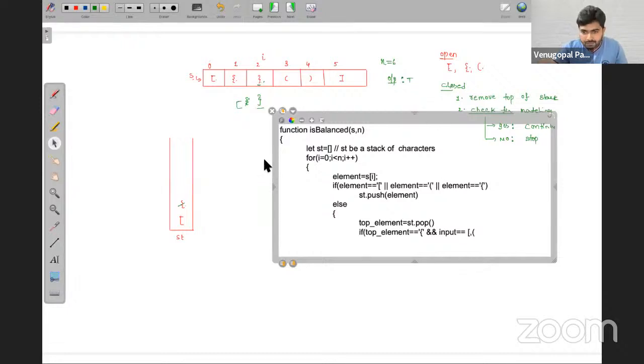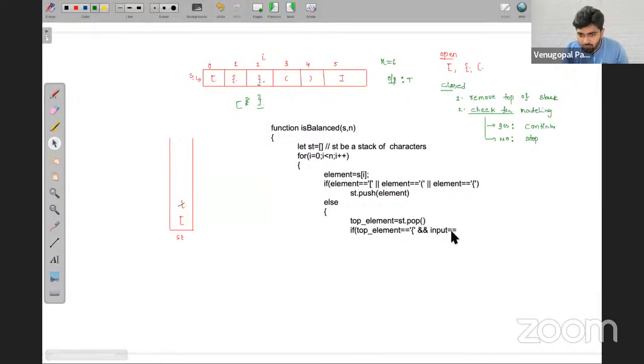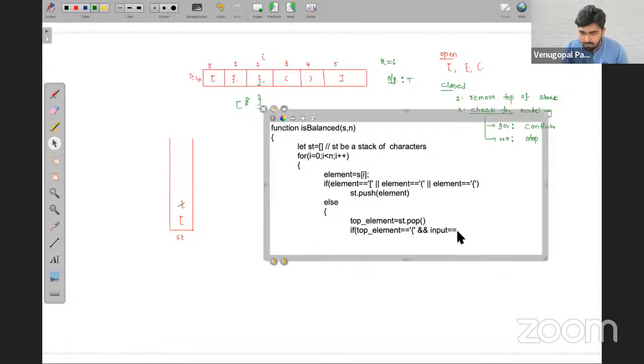If this would have been the top element, and your input is, let's say, this one, or for example if your top element is, let's not take this much name, simply take the name top. Here the top element is always an open bracket only, because basically we are only pushing open things.